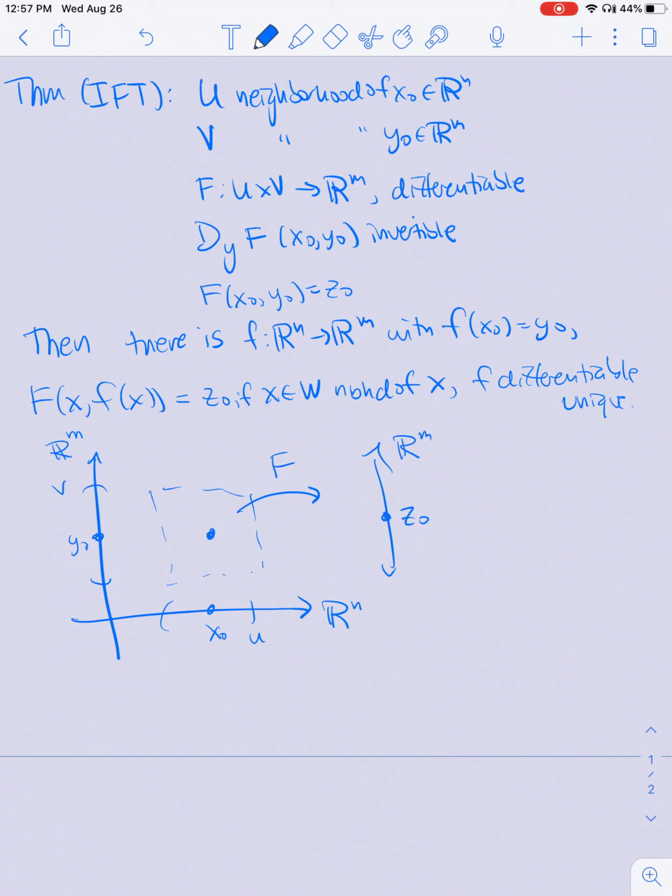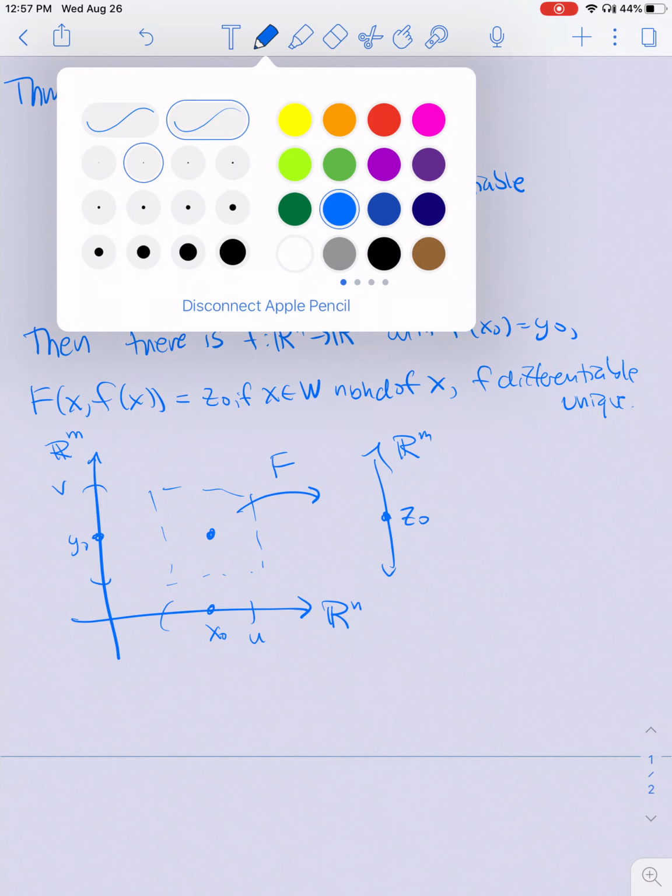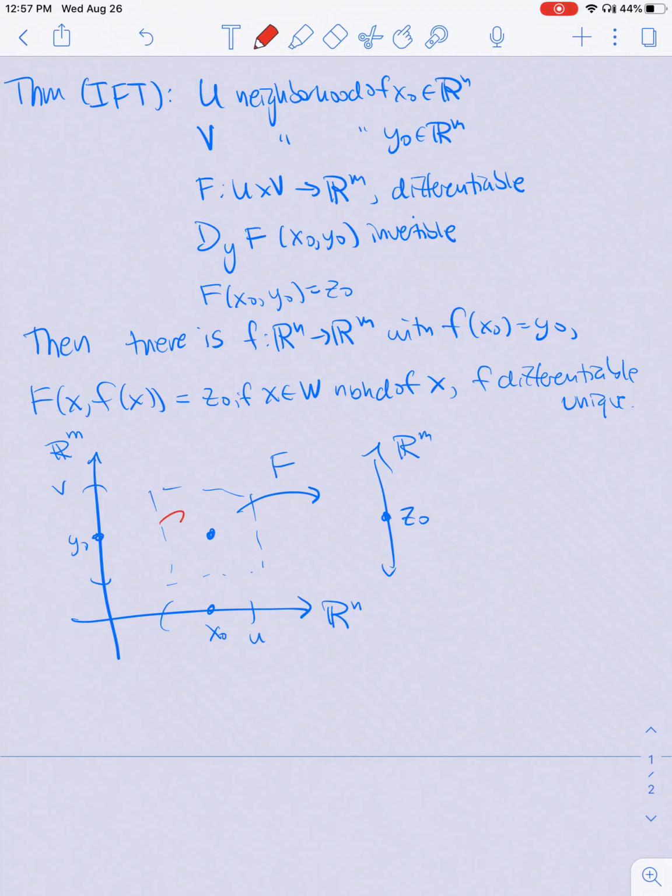And there's a point z naught, which is the image of the dot, which is (x naught, y naught) on the left-hand side. And if I were to look at the preimage of z naught, so now I'll draw z naught in red, and take all the points in U cross V which f sends to z naught. Most of the time I've drawn this as a one-dimensional thing, but maybe there's a blob,